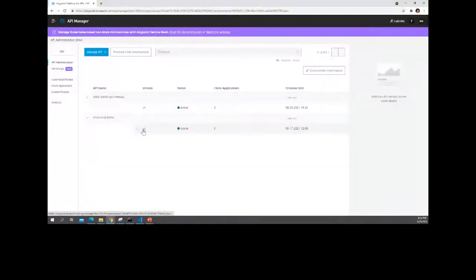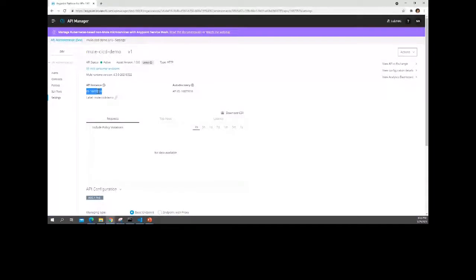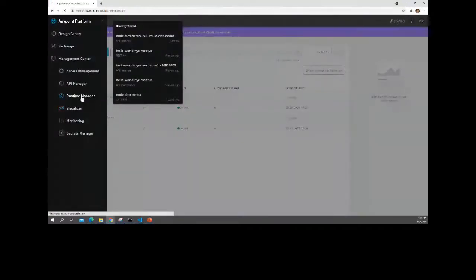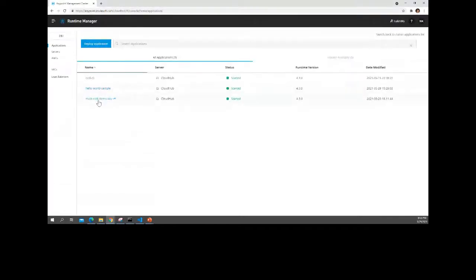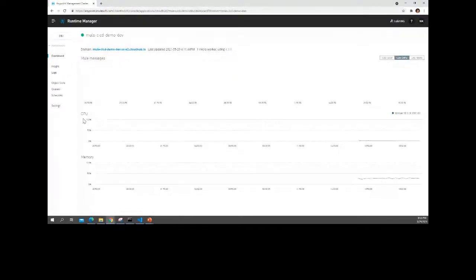Post that, you will get an API auto discovery ID, which you are seeing here on my screen. This is what we need to attach to the runtime, to the particular API. I'll quickly go there and show you where I'm adding API auto discovery. It is also in the code.